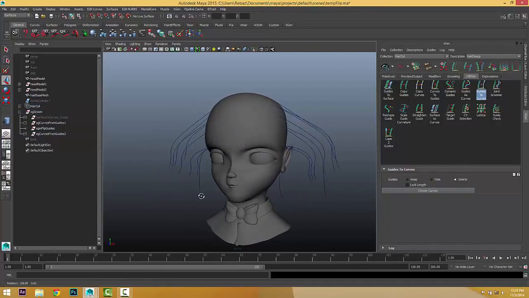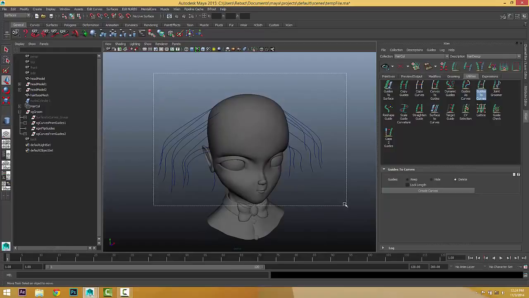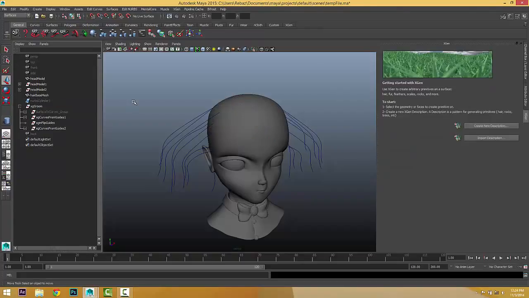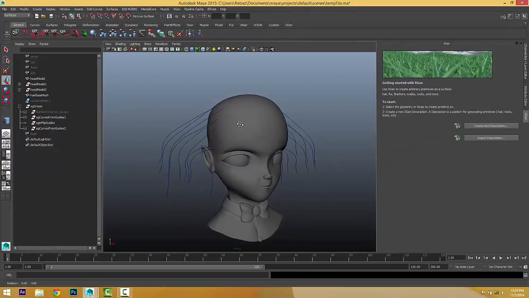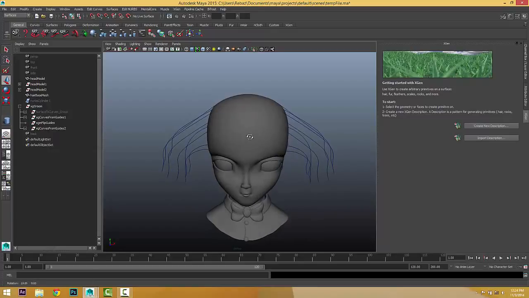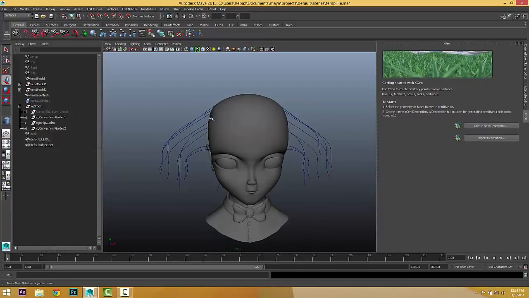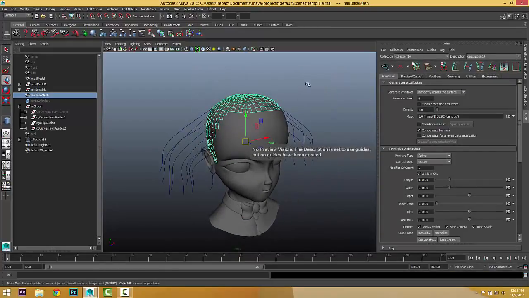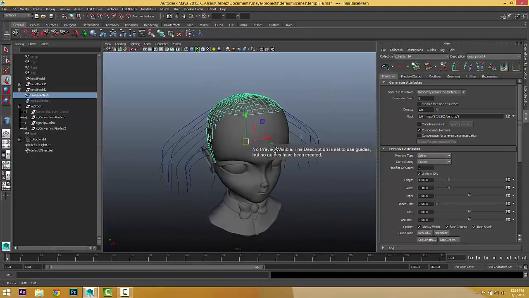Now I have got all these curves, and then I'm gonna maybe delete this hair collection and create a new one. Okay, just delete this hair collection, and now I have no hair collection or description. I'm gonna select the hair base and go create new description with everything at the default. Let's just leave the name as it is, just create, and with that,